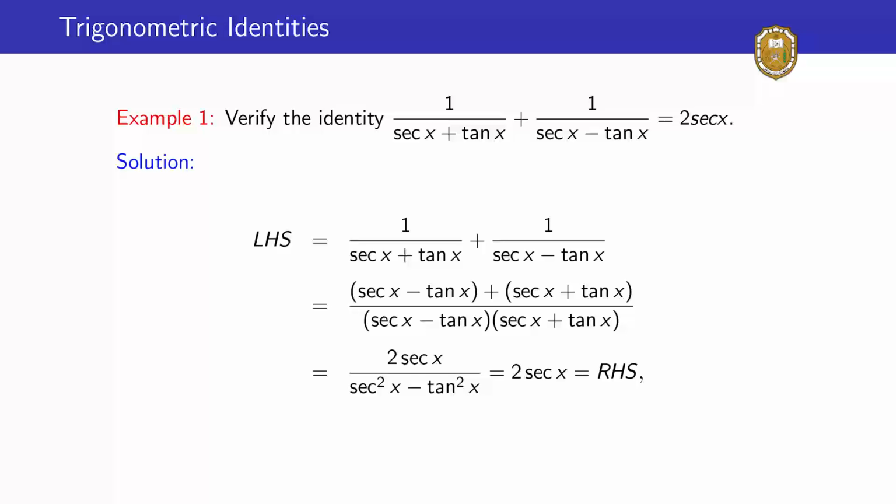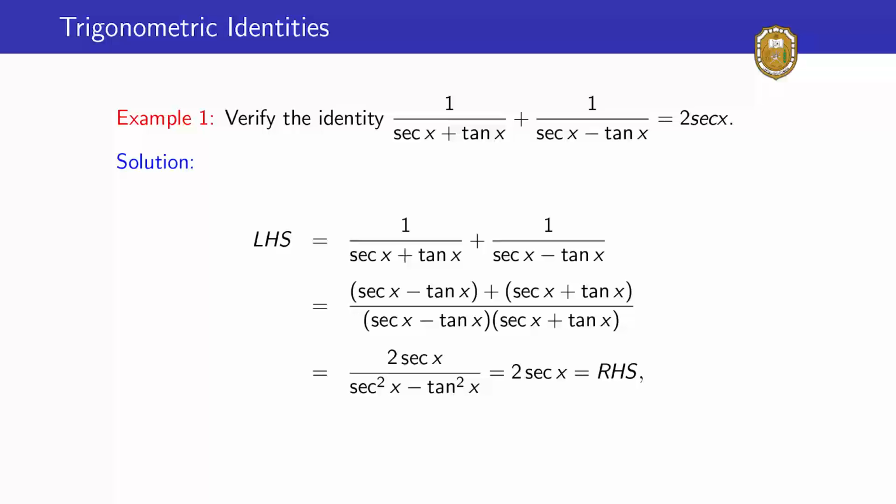The numerator simplifies to 2 sec x. The denominator simplifies to sec square x minus tan square x. To simplify the denominator, we use the formula for the difference of two squares. So the denominator becomes sec square x minus tan square x, and this simplifies to 2 sec x, which is